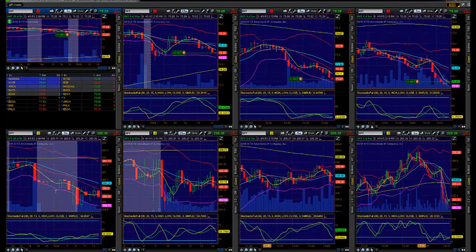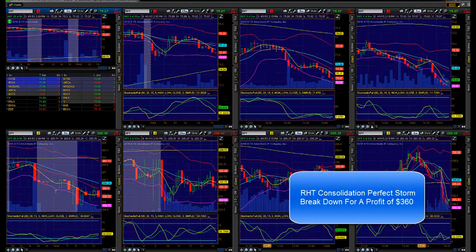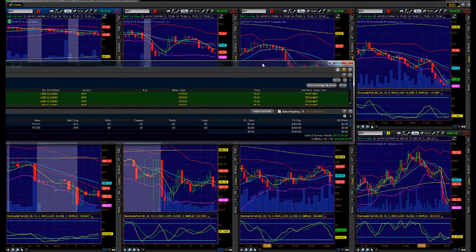Alright, and I'm out for the rest. Alright, guys, so we did Red Hat for a tightening perfect storm breakdown. We started off with 2,000 shares, covered some, it came back up to the middle Bollinger Band, bought some more, then started again off with 2,400 shares short, and was able to finally capture that big down move for a profit of